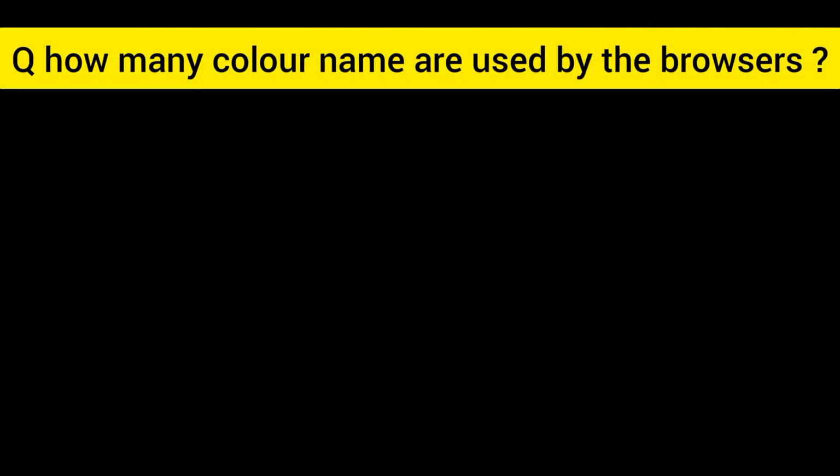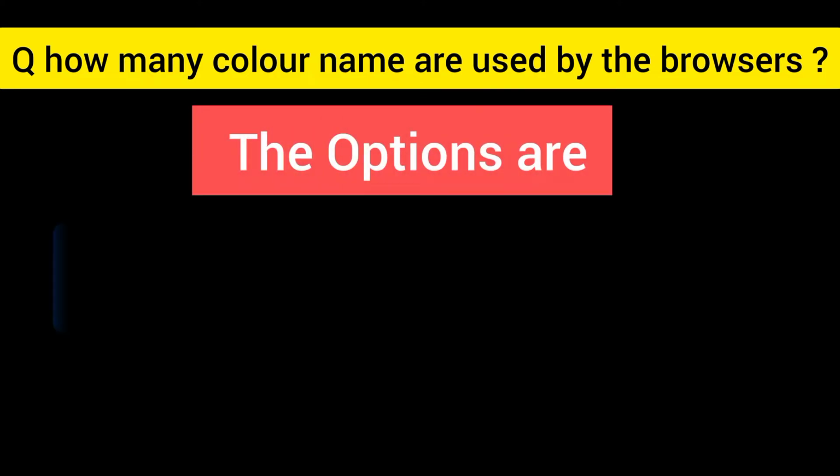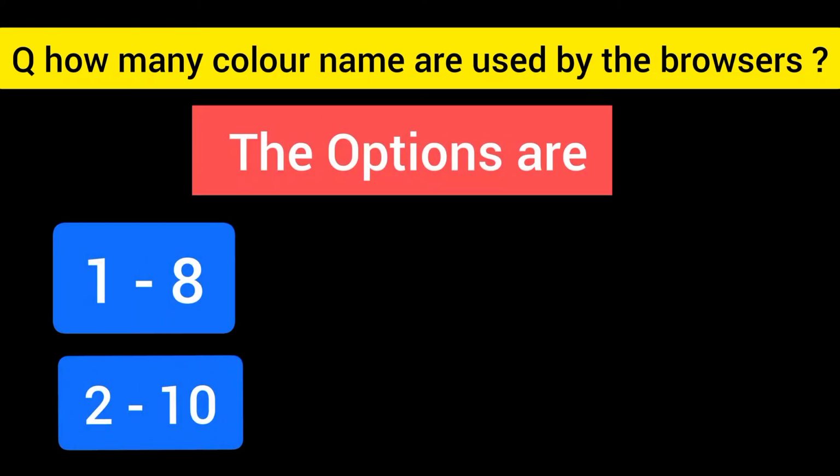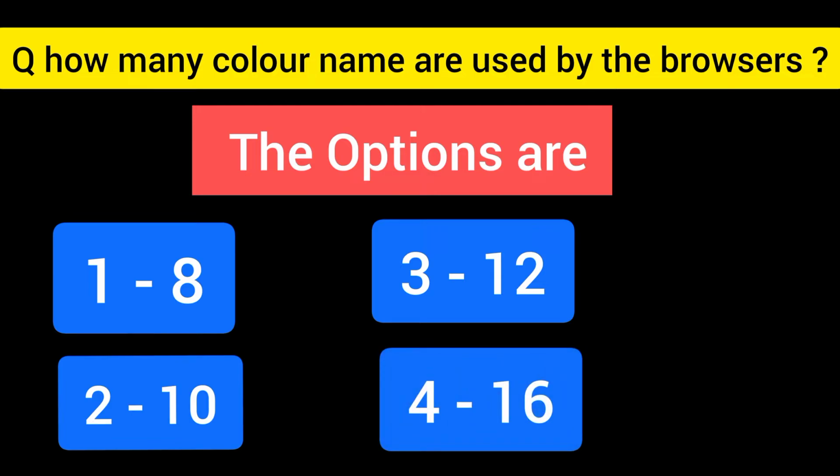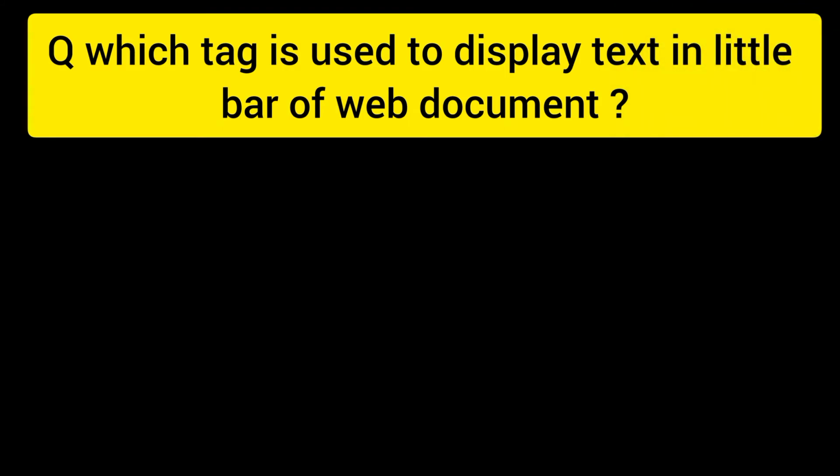documents. Question number 10, how many color names are used by the browsers, and the options are option number 1 8, option number 2 10, option number 3 12, option number 4 16, and the right answer is option number 4 16. Question number 11, which tag is used to display text in title bar of web document, and the